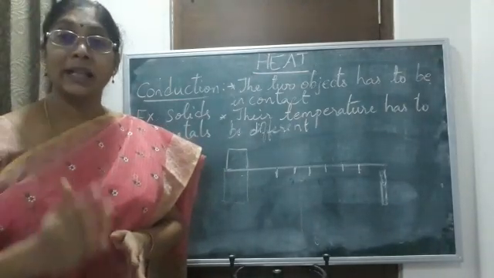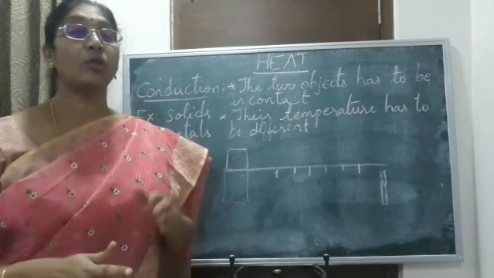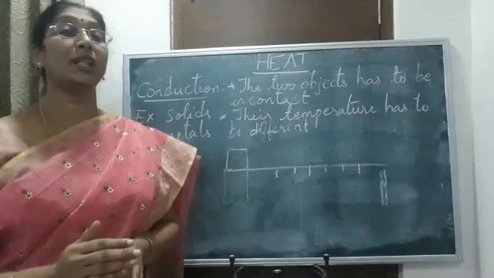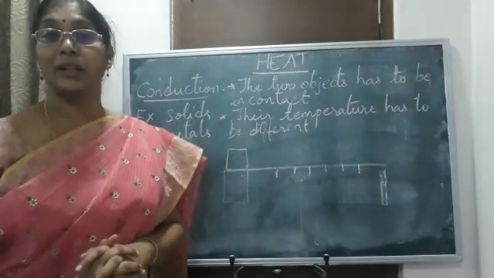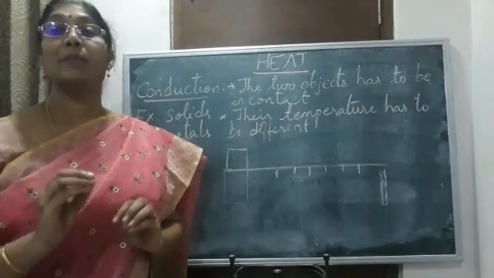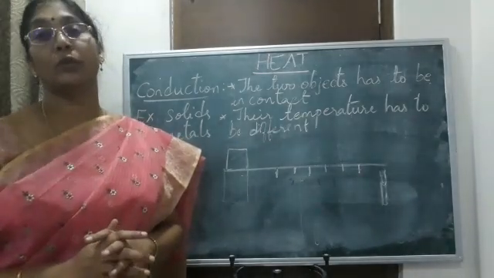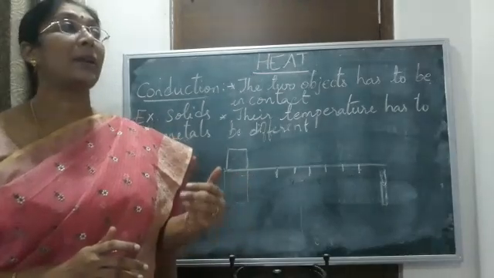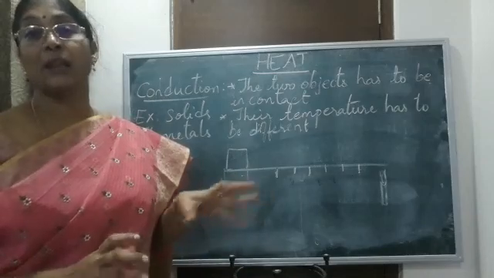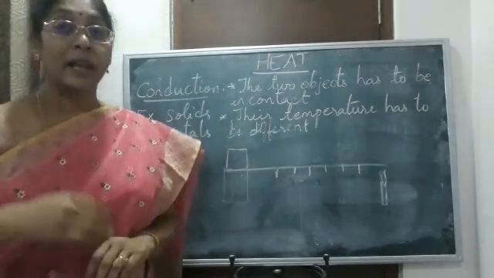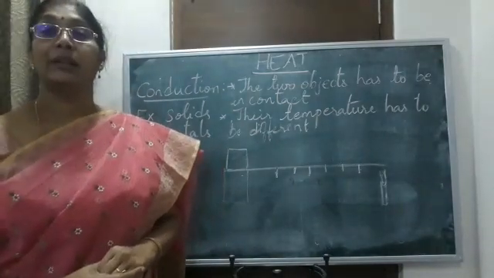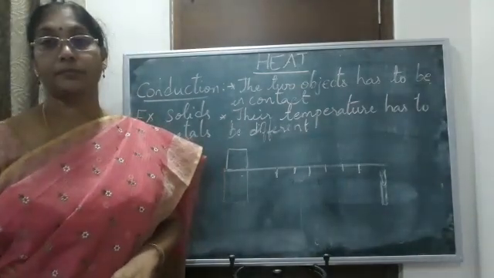Then we have learned about the other type of thermometer, the laboratory thermometer, how to read it, and what precautions need to be taken while using it. Then we learned a little bit about the maximum minimum thermometer, which is used for weather forecasts, that is, to measure the maximum and minimum temperature of the day by the meteorological department. Up to there we have learned. In the previous class I gave you a little bit of introduction about the types of heat transfer.